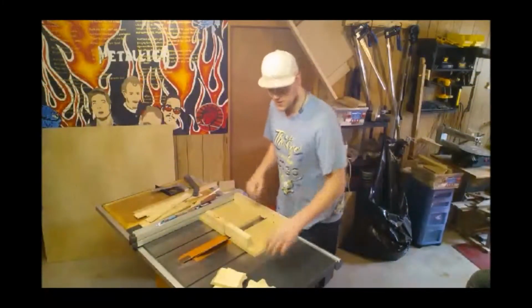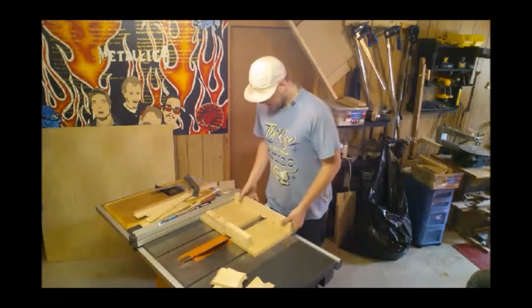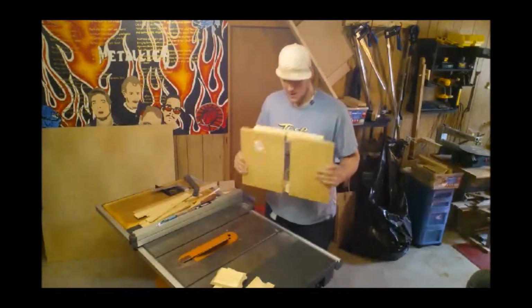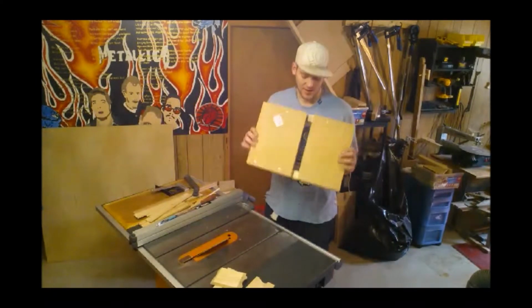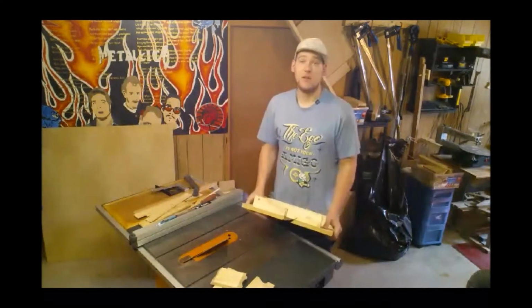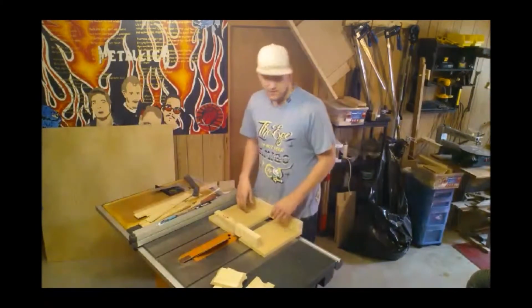What works for you. Within doing this jewelry box, I decided it'd be a good chance to recondition the life of my 45-degree Mitre Sled. Now, this is old. I built it for an old table saw, but it still worked, so I never did rebuild one, which we probably will do at some point, but for now, for the sake of time, I'm going to repurpose it and get rid of the...